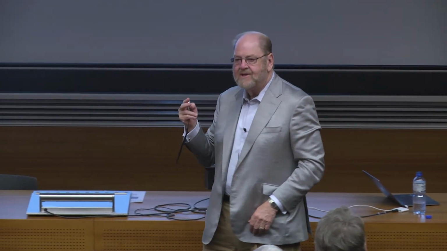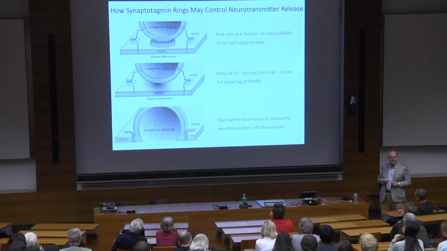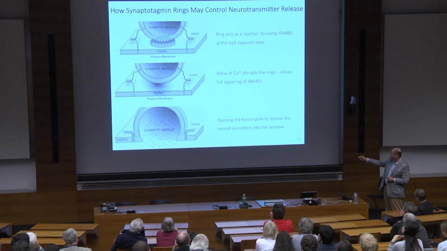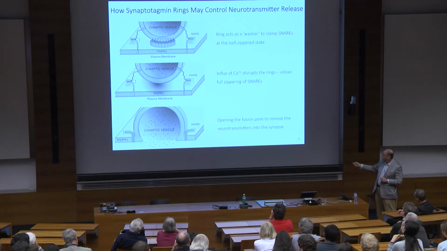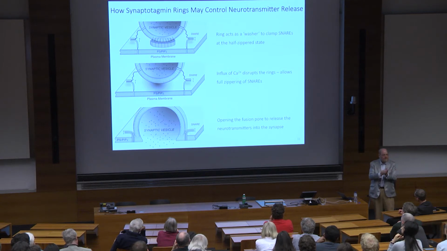Remember what I told you is that everything that comes to membranes has to do, at the end of the day, with a pin, a ball, a hole, and I would just like to add to that a ring, because the idea couldn't be simpler. What if you had a protein that would assemble into a ring to form sort of a spacer or a washer, a little molecular nano ring that would sit between the vesicle and the plasma membrane? And what if the height of that ring was such that it allowed the snare complex to half zipper? And you remember when it completes its zippering, it pulls the membrane closer? But what if it couldn't do that because of this rigid spacer?